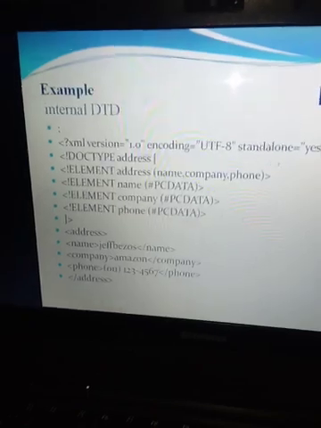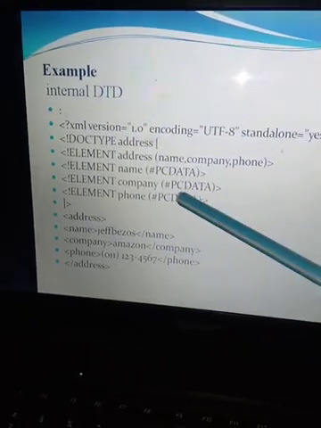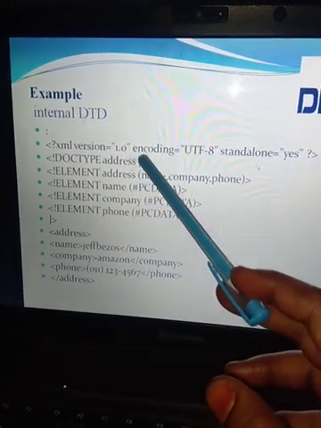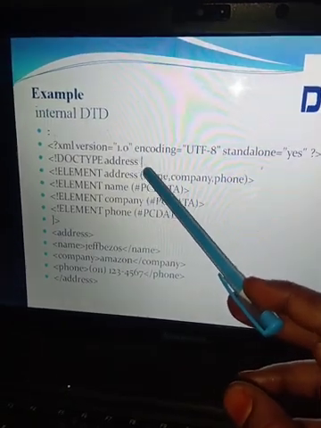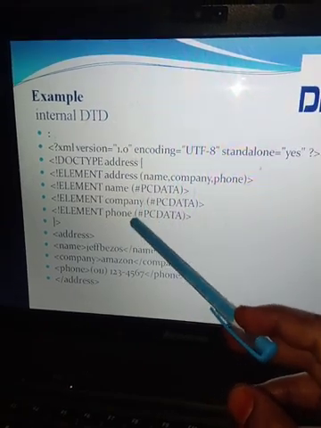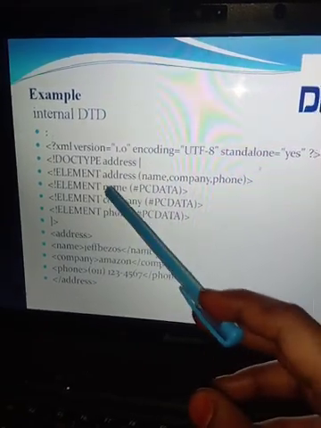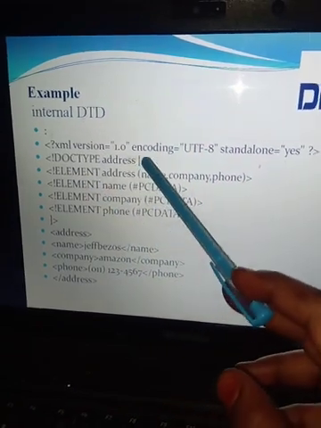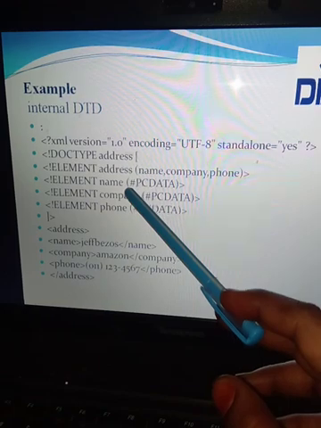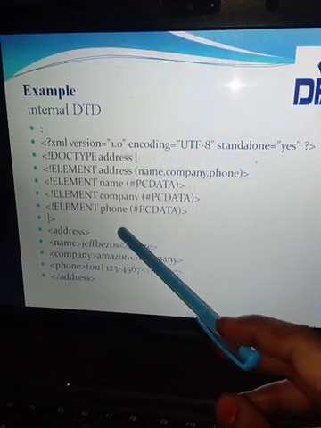Next, this is an example of internal DTD. We already explained this example under attributes, but here this example doesn't have an attribute list. Here in this doctype address, open square bracket, in that we take the elements address, name, company, phone number.